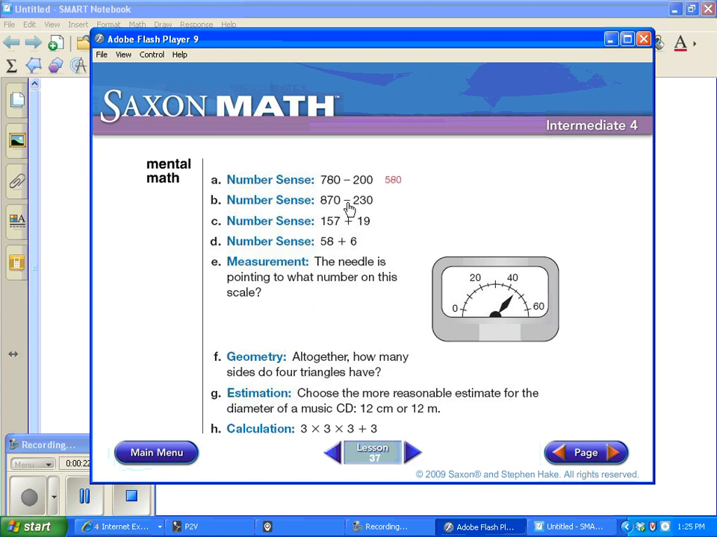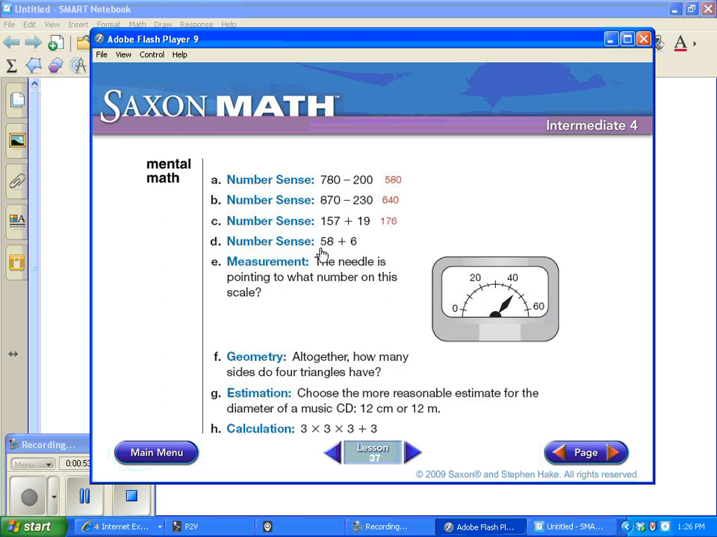Now, 870 minus 230. Let's attack this one the same way. Let's look at hundreds. Now, 800s minus 200s gives us 600. So let's keep that in the back of our minds, 600. Now, 70 minus 30, that would be 40. So 640. With 19, let's pretend that it's 20 and add that on to 157 and then take away